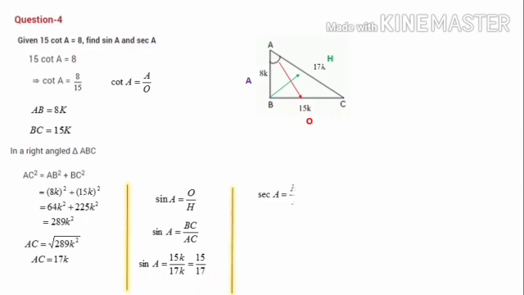Next we have to go for cosec A. Let's recall the formula. Cosec A is equal to H divided by O. Just substitute it, that is cosec A is equal to H, H is AC, it is written here, and A is AB. So AC by AB, we know that AC is 17k, and AB, it is there in the diagram, that is 8k. So 17k by 8k, k cancelled. Finally 17 by 8 is the value of cosec A.